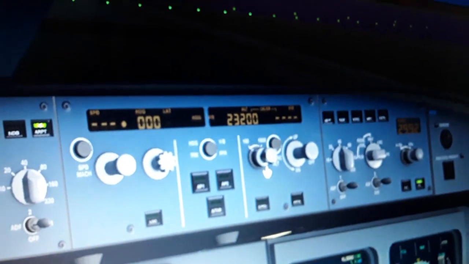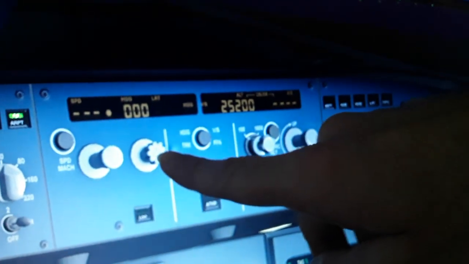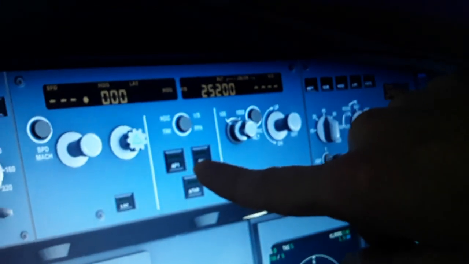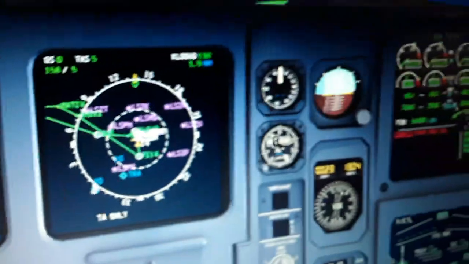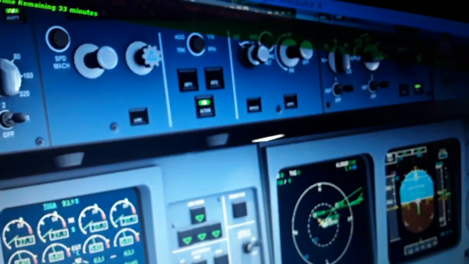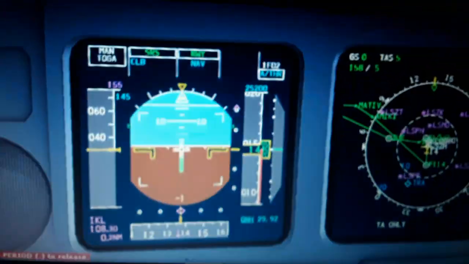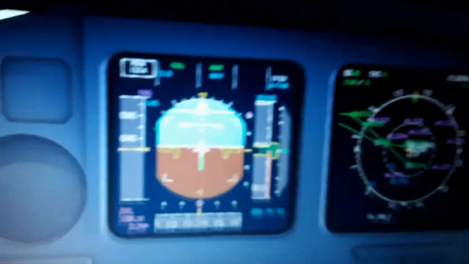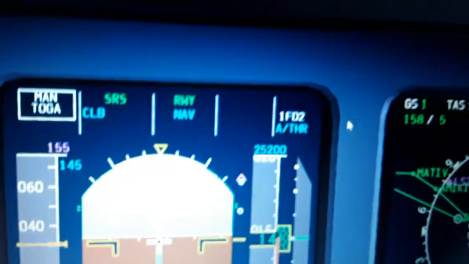In the autopilot, this is the autopilot flight control unit, so you can see the heading, the airspeed, the altitude, the autopilot 1 and 2, the localizer, and the auto thrust. If I move the thrust levers now all the way up, you're gonna see the auto thrust in green here is armed, and also some reconfigurations for takeoff. You see the manual takeoff go-around here in the primary flight display. You can see the SRS, the runway,